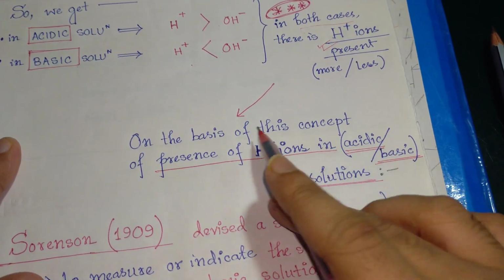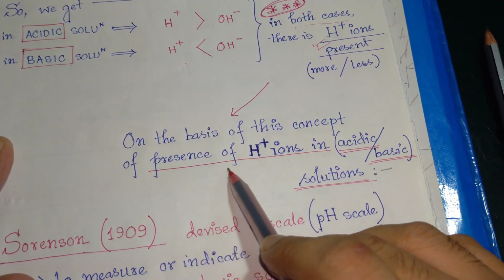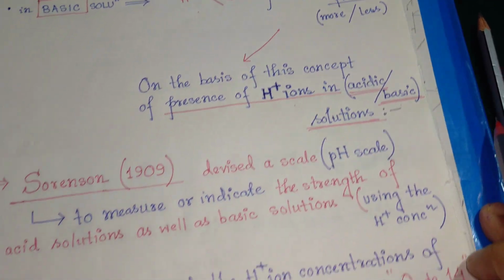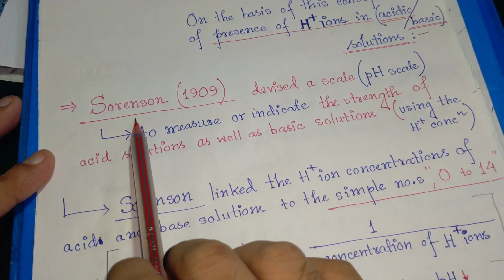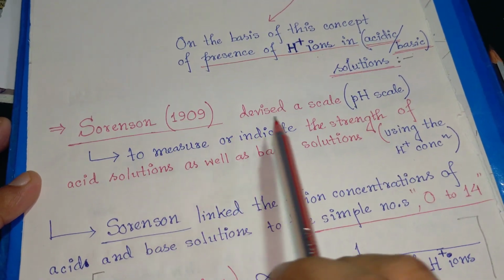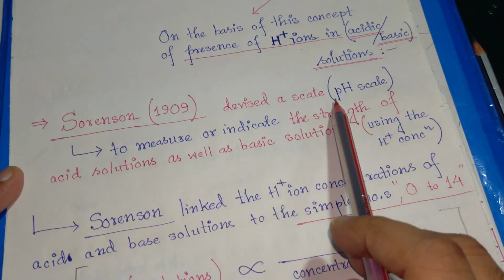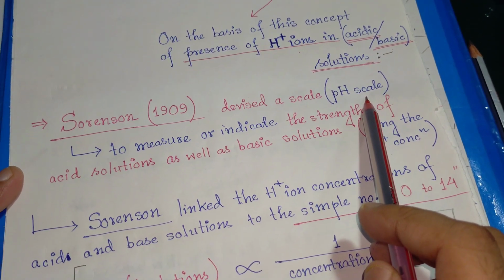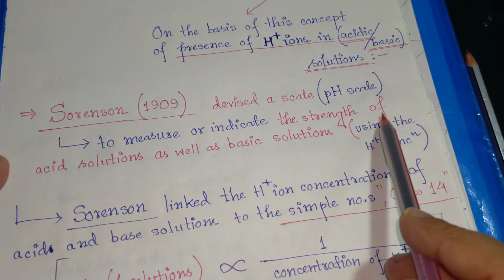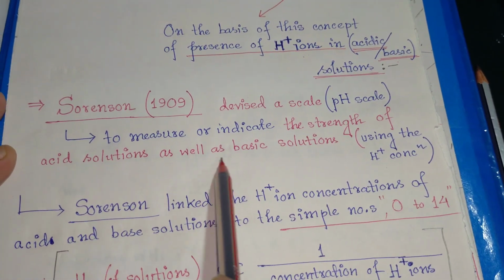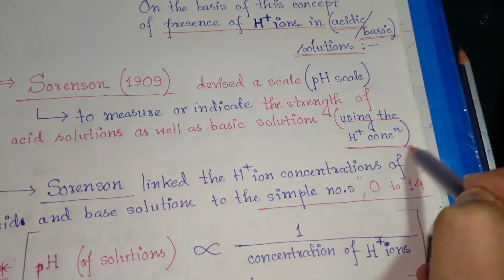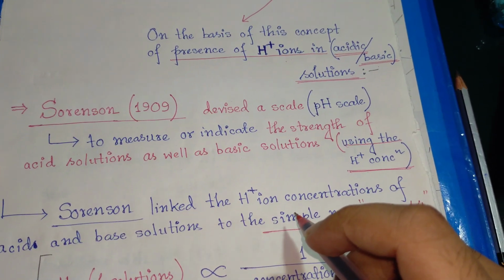On the basis of this concept that H plus is present in both acidic and basic solutions, a renowned scientist, Sorensen, in the year 1909 devised a scale which is called the pH scale to measure or indicate the strength of acid solutions as well as basic solutions using the H plus concentration count. Okay students,